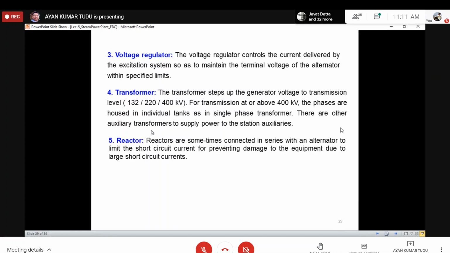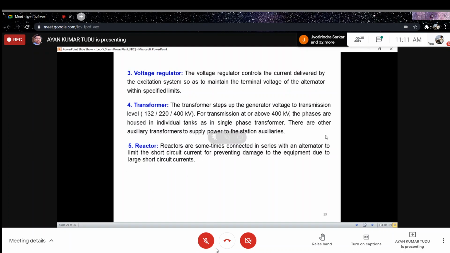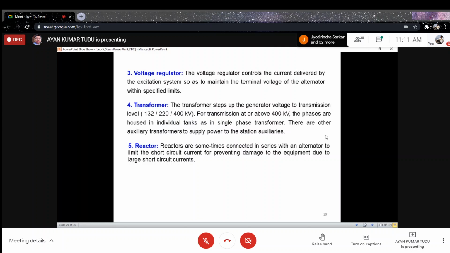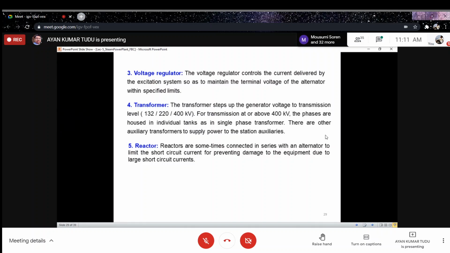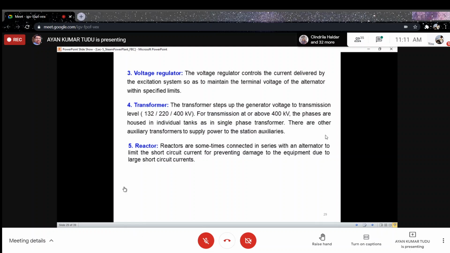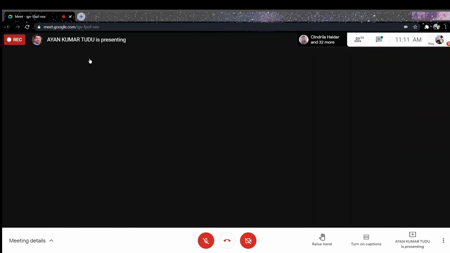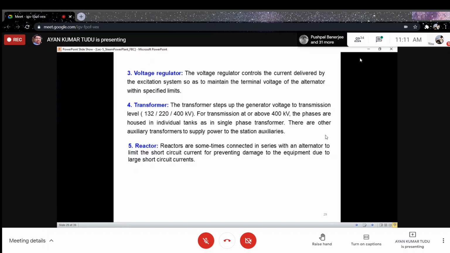Anybody, what is the Ferranti effect? Ferranti effect is basically the effect where, if we have a typical transmission line, because of low load at the receiving end the voltage at the receiving end can increase. So if the voltage at the receiving end is more than the sending end for a typical transmission line, that is what is known as the Ferranti effect. The voltage regulators can be used to suppress the Ferranti effect.